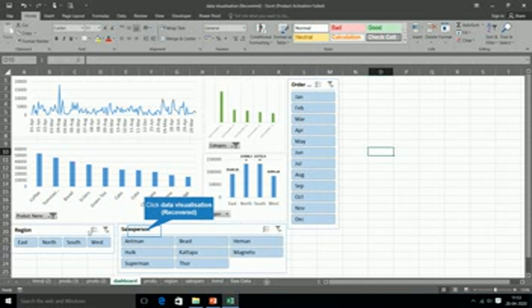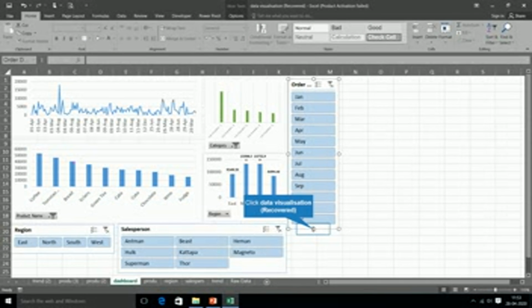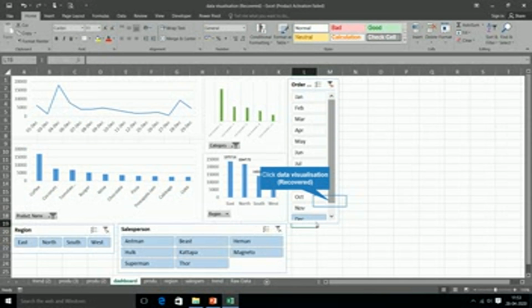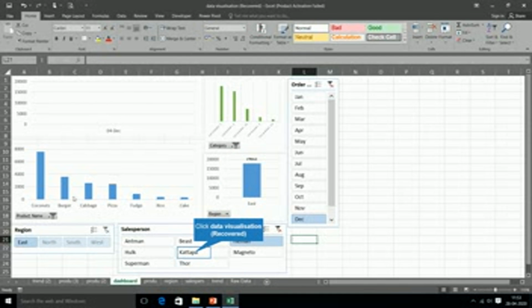Here we have another 2 slicers. One is for region and another one is for salesperson. Every month we will be measuring the performance of employees, right? When measuring the performance of employees, we do a lot of calculations based on their performance. So here I am interested in knowing about the salespeople who are working with my company. I am interested in knowing about the person called Heyman. When I click this name, Heyman, I can get the data about his performance in the last year.